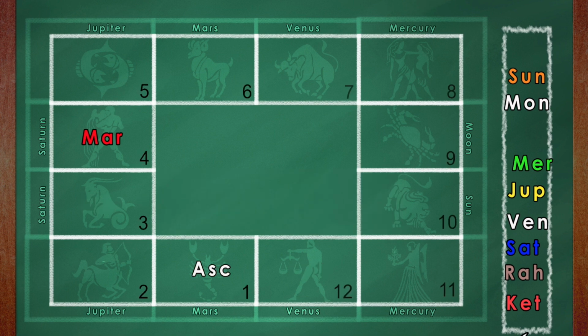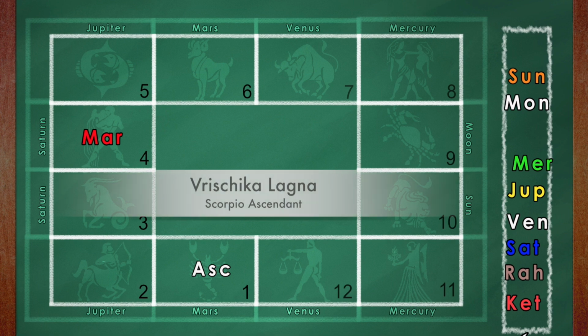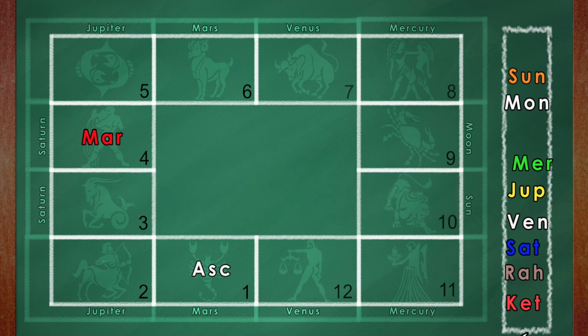This is a Vrishchika Lagna person, a Scorpio ascendant, and then you have Mars in the fourth. This Mars is not good because Mars occupies the sign of Saturn and does not have any special advantage like exaltation or any other advantage. Maybe after you see the individual horoscope, the specific horoscopes, you might find some plus points in terms of benefic aspecting this planet, or Mars is with a benefic, and so on.